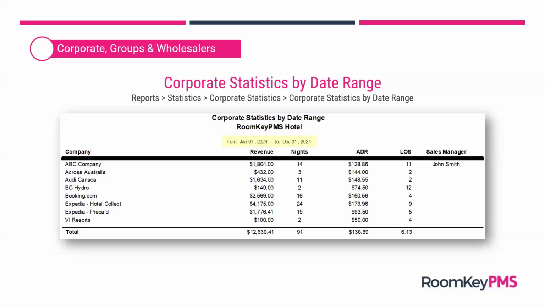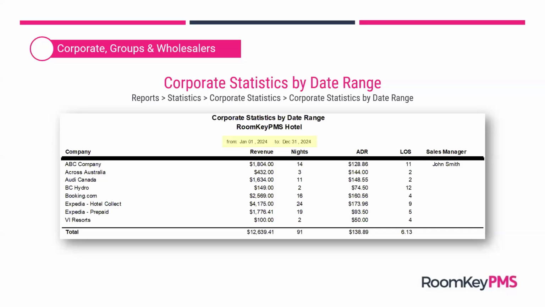So that tells Roomkey that you want to see this information generated for the full calendar year of 2024. This is one of the rare reports that will allow you to do a full year's worth of information in Roomkey. And when you generate that report, this is just an example from one of our demo databases, but this is going to break out all of the corporate accounts that are created inside your database, inside the corporates module,